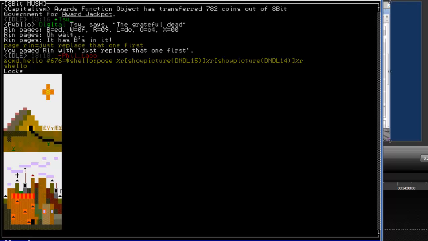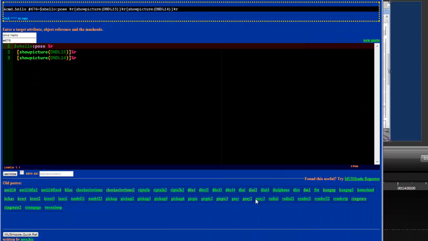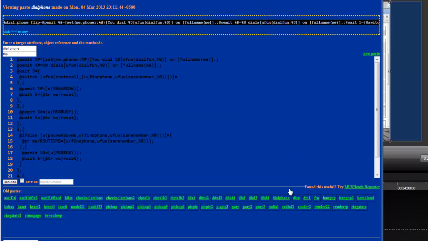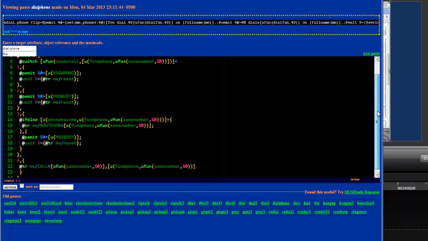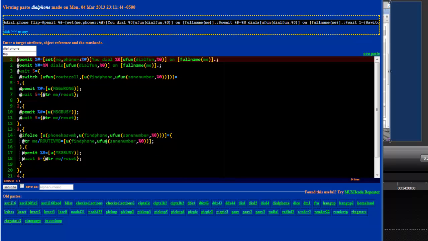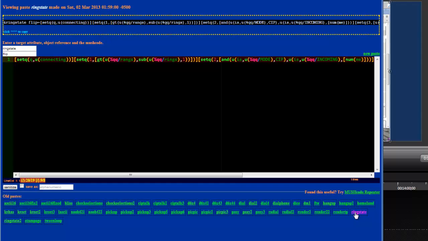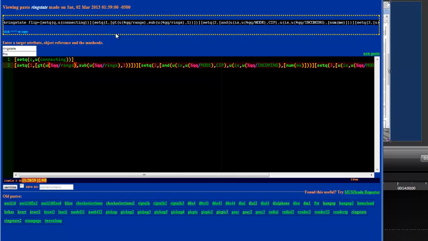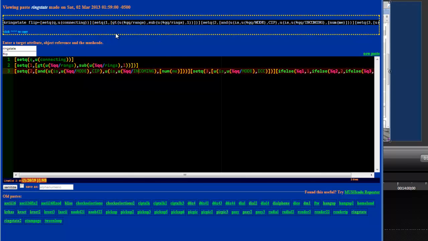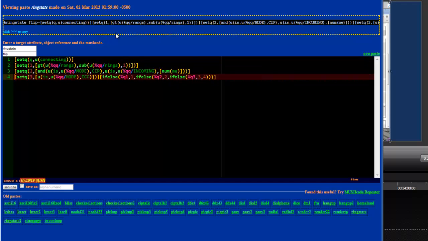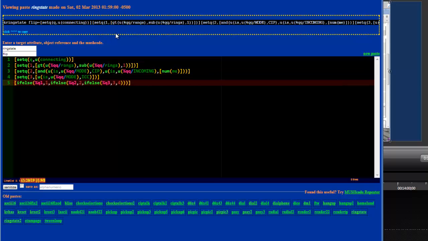So there's that. And this gets pretty complex. For instance, when I was working on the telephone system, there's a pretty complex function here with lots of different things going on. This one has already, I was working on it, so I pasted it into here. So I copied it from 8-bit into here, and now you can go through and on each single line of code you can add a return to separate each command that's being called when this function is invoked, ring state,